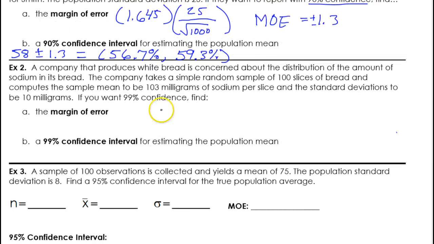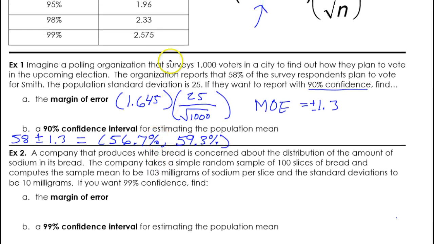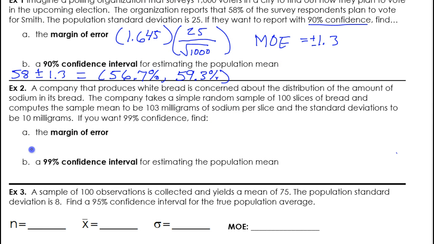Well, the z-score that goes with 99% confidence is this 2.575. So we'll calculate that way. So the margin of error will equal 2.575 times, in the top, we need the standard deviation, which should be 10. And in the bottom, we need the square root of the sample size, which is 100. You put this in your calculator, and you get